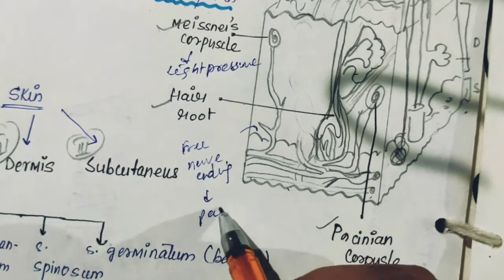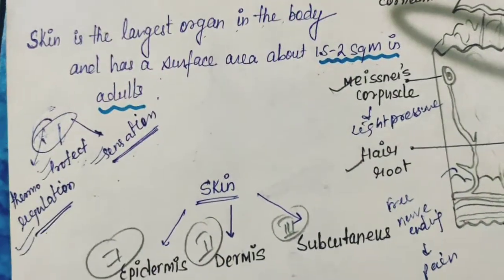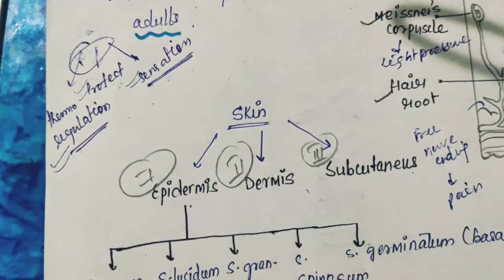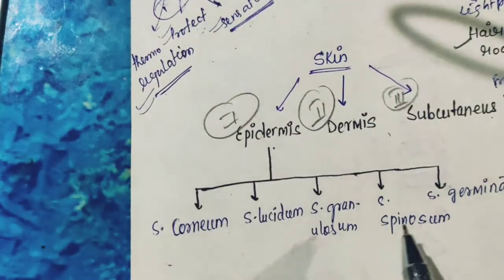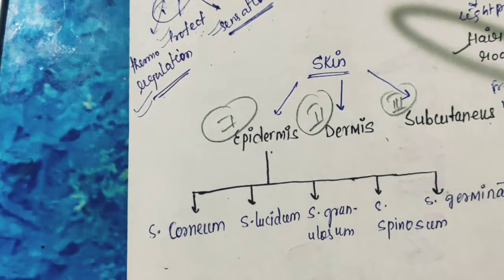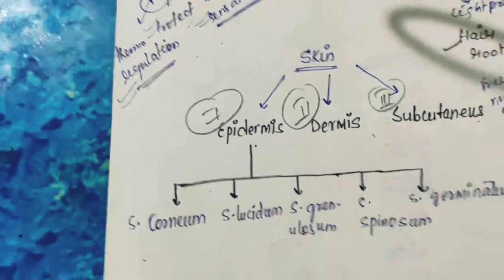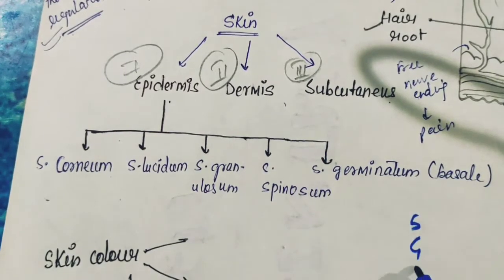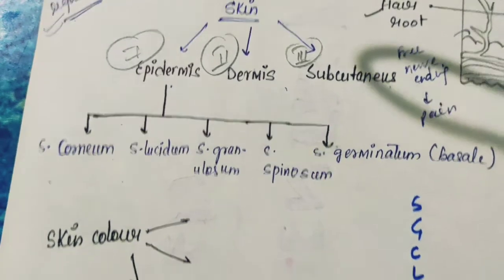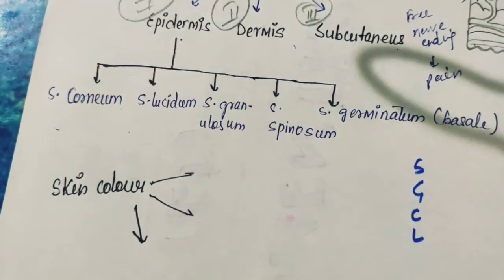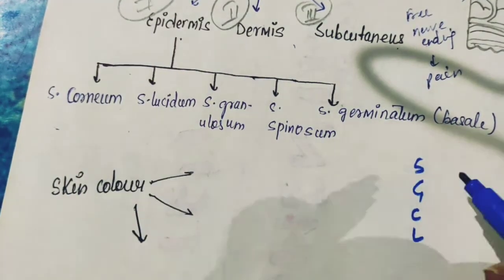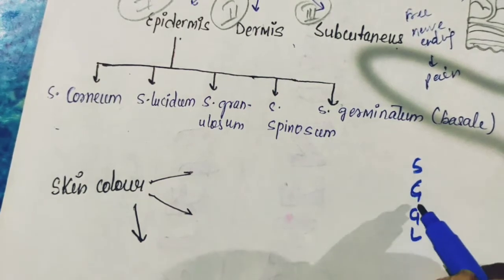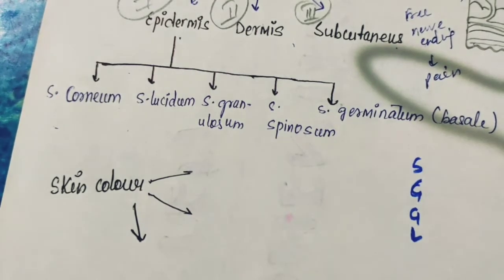After this, I have mentioned that skin is divided into three parts: epidermis, dermis, and subcutaneous. Now the epidermis is divided into 5 parts. For those who can't remember, I can make a mnemonic. You must have heard of SSC CGL. This is just a mnemonic to learn, in descending order. SSC CGL is a very competitive exam.